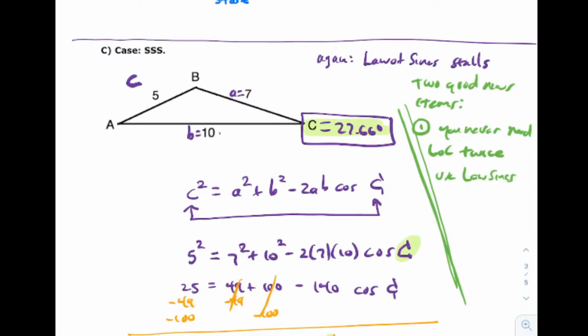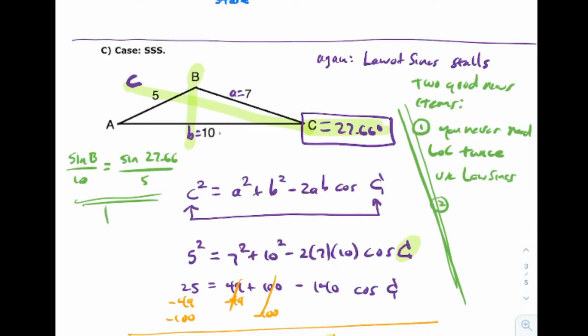If I want to get another angle, like I want to get angle B, say, well, sine of B over this is sine of C over this. So I would just say, well, the sine of angle B over 10 is equal to the sine of 27.66 degrees over, whoops, that's not a C, that's a 5. We know what that is, it's a 5. So good old proportions, right? Much easier than this law of cosines formula. So that's one piece of good news. The other piece of good news,